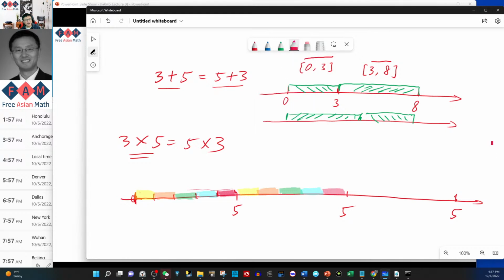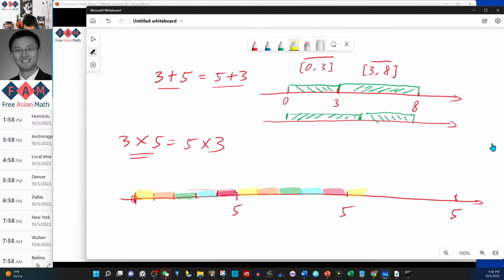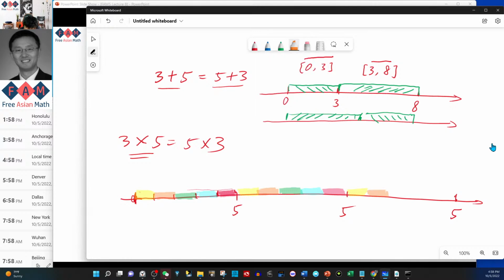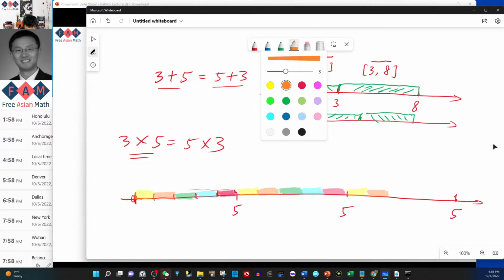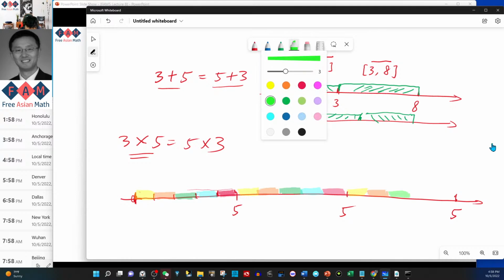This is the second 5. Then the next 5, essentially the same thing. We just repeat that. So this gives us